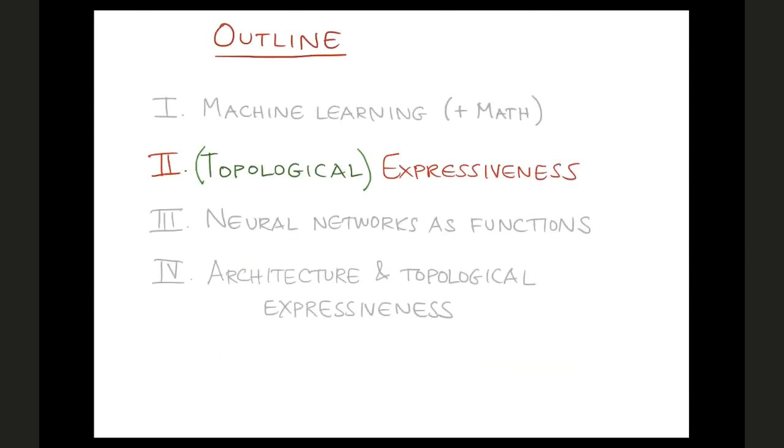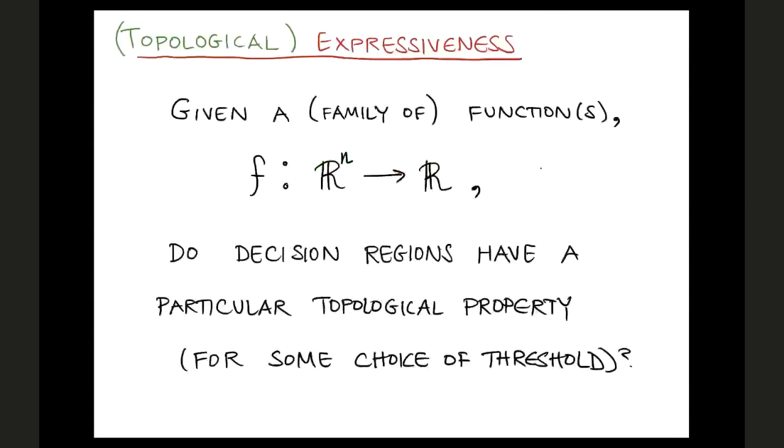But let me move on now to the kind of question that I'm interested in. Okay, so you might now ask, if you're given a family of functions, and again, in the back of our minds, we're thinking this family of functions is neural networks, particular kinds of neural networks. But since I haven't told you what a neural network is yet, let's just think in the back of our mind polynomials, for example. So suppose you have a family of functions, you might ask,